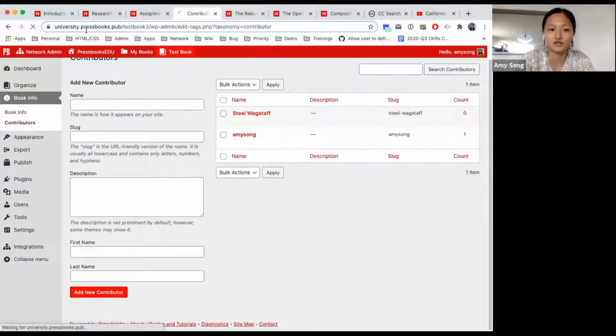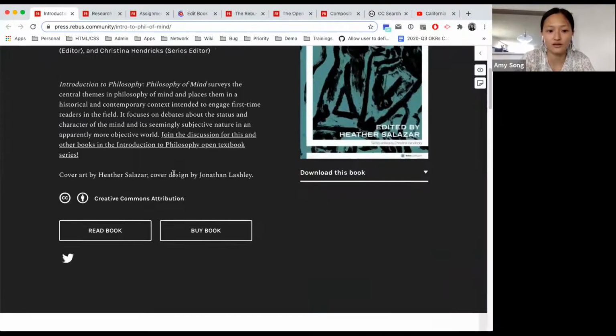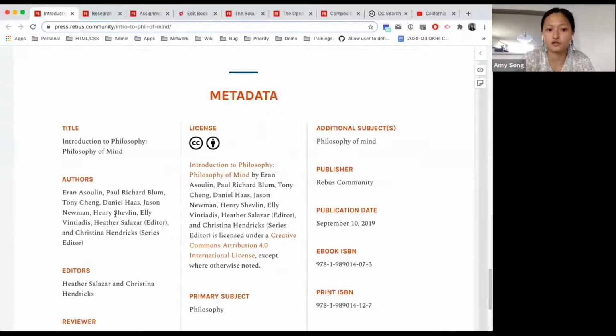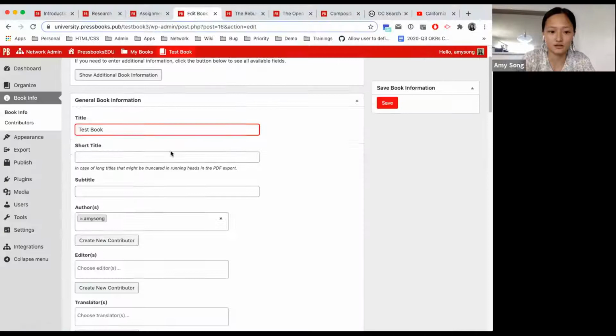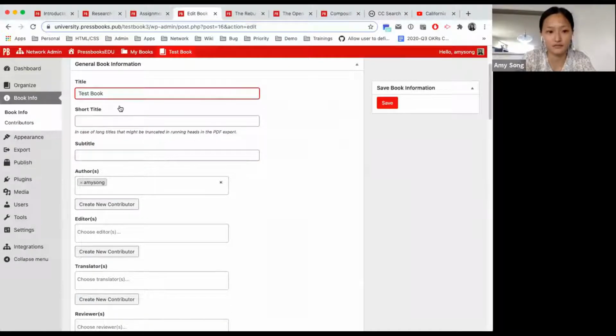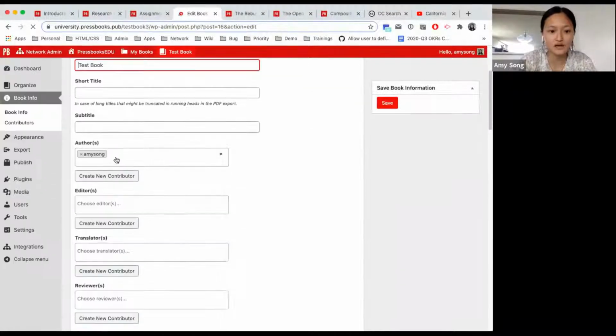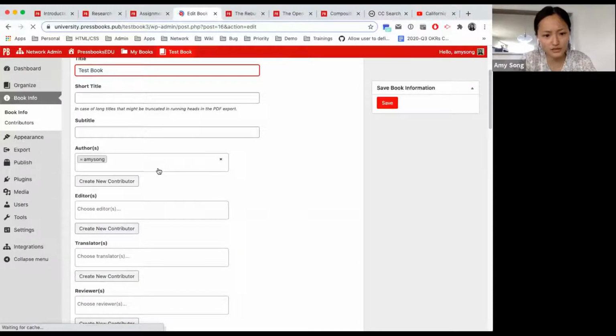He will show up under the book info in the book itself. If I go down here, then he would show up as an author down there. And that goes, oh, I guess it didn't save, but that is what would effectively happen. Oh, there we go. I don't know why that isn't showing up, but